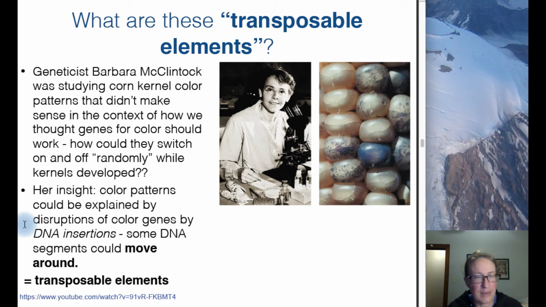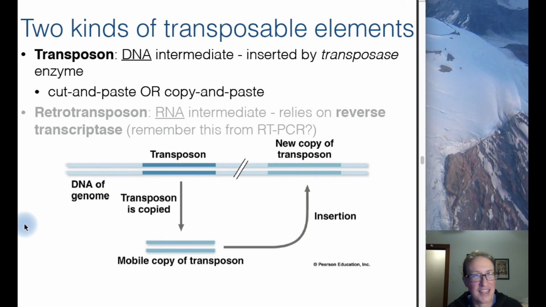And so we refer to those segments that can move around as transposable elements. And we also call them, for short, jumping genes. A lot easier to say. And at this point, we've figured out that there are basically two main types of these transposable elements. So the first type are referred to as transposons. And these elements have an intermediate stage, a mobile stage that's not in the genome, that consists of double-stranded DNA